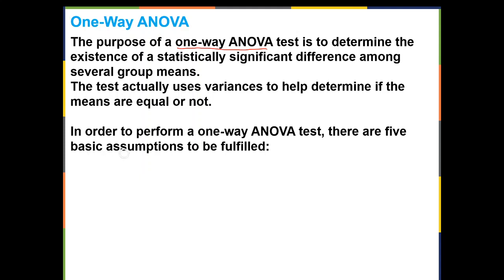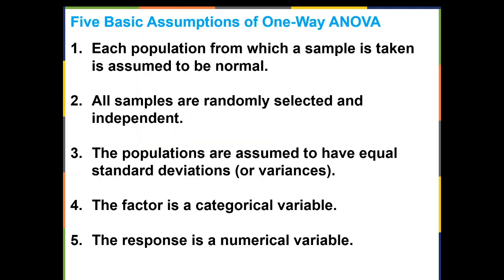So there are 5 assumptions that we have to have satisfied before we can do this. So let's talk about those first. First of all, each population that the samples come from has to be normal. So basically, assuming we have a bunch of populations, and then we take samples from each population, and